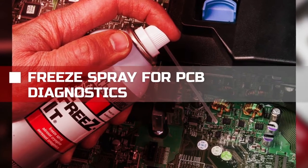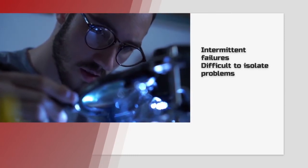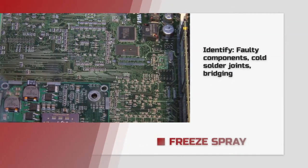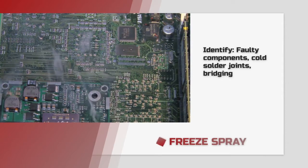Diagnosing and repairing electronics can be painstaking and sometimes frustrating work. Problems can be intermittent, and the faulty area on the PCB can be difficult to locate. Freeze spray is an essential tool because it helps identify faulty components, solder joints, and other problems that can lead